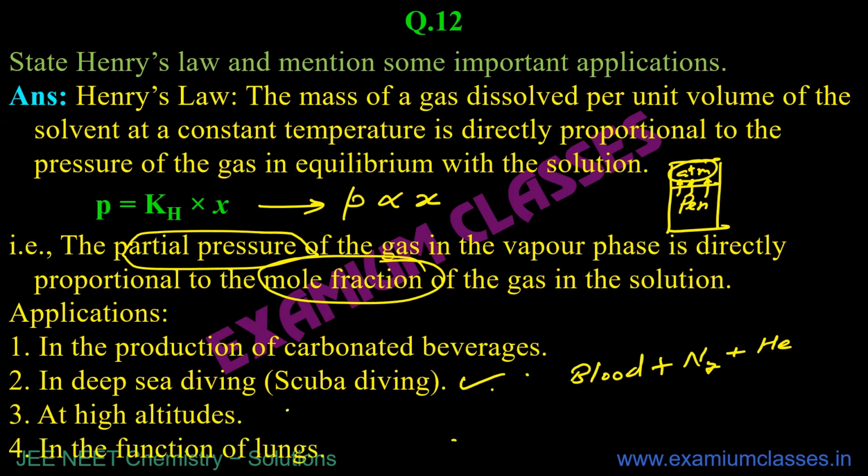So that's why. Then the function of lungs: when we say we respire, actually the air gets mixed in the blood. So air gets mixed in the blood due to the atmospheric pressure outside. Okay, so again, the same thing is happening. The pressure outside forces the air to get mixed with blood in the lungs. So you need to write these 4 applications also.